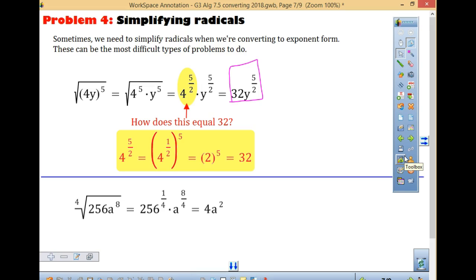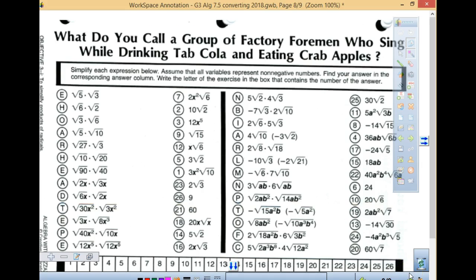So the nice thing about the variables, and the reason I want to talk about this, is notice you are just taking these variables. When you have a variable to an even power and you have an even index here, you're just dividing those to get the simplified form. So when you think about that worksheet 209 that you were doing, same type of stuff, right? So if you take a look at this 209, as you are looking at this with your variables, I think I saw questions on letter T. There's a couple of T's. Which one do we think? This one, or someone help me out? Which one are we talking